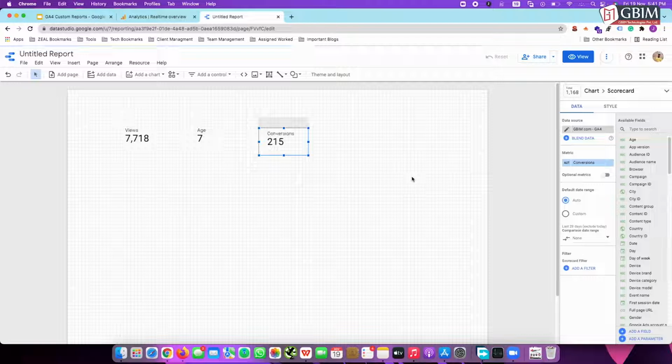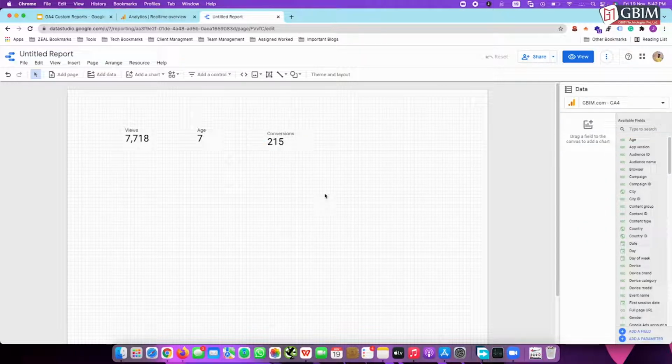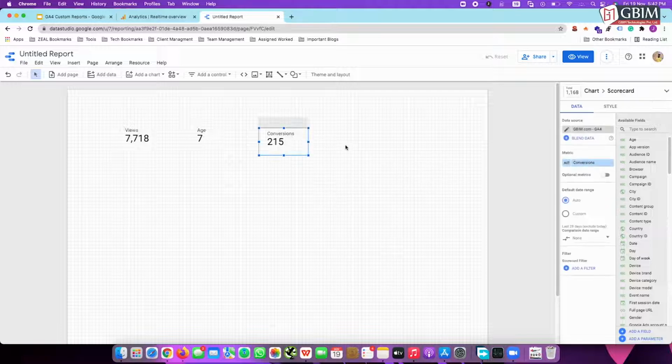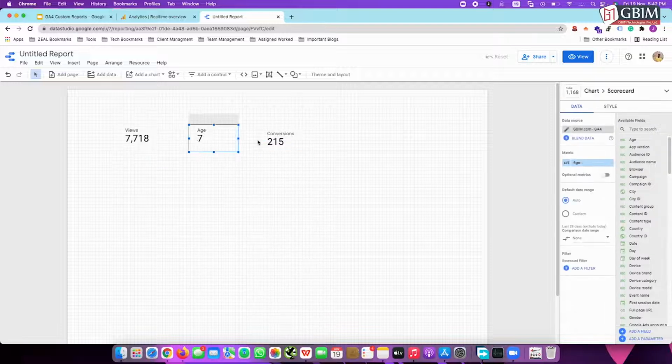Abdul, one more question from a user: can you add your own metric, or only the metrics which are already there? Yes, we can add our own metric also over here. The question from the user is, can you create your own metric, for example, besides conversions, age, and views, or only from the list we have? Yes, we can create a custom metric if you want. Okay, then let's move forward. So over here you can change like this.